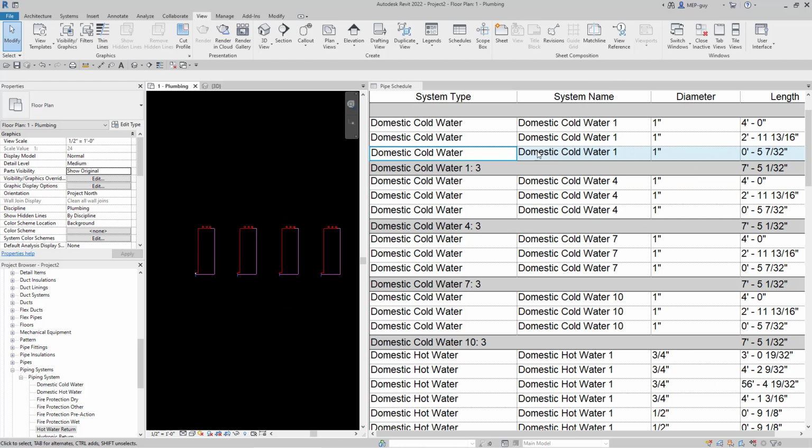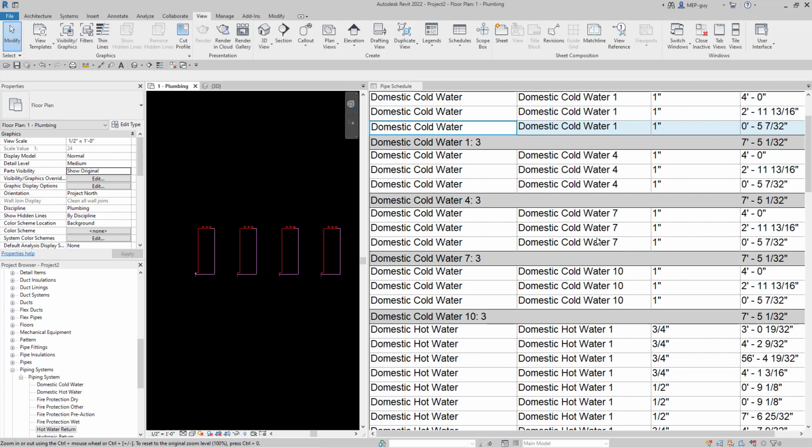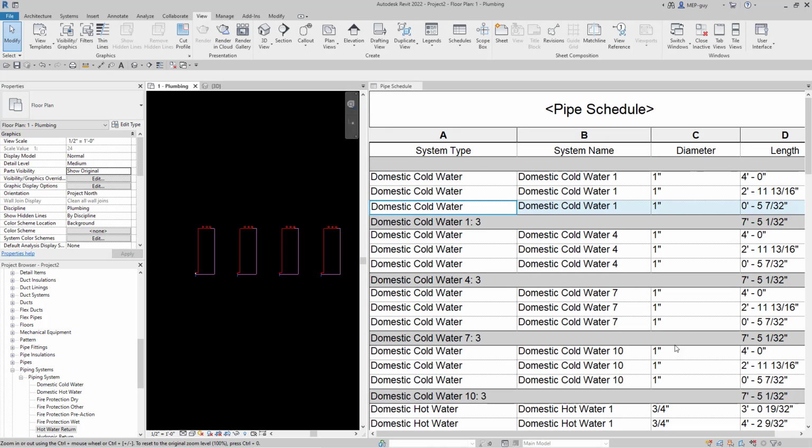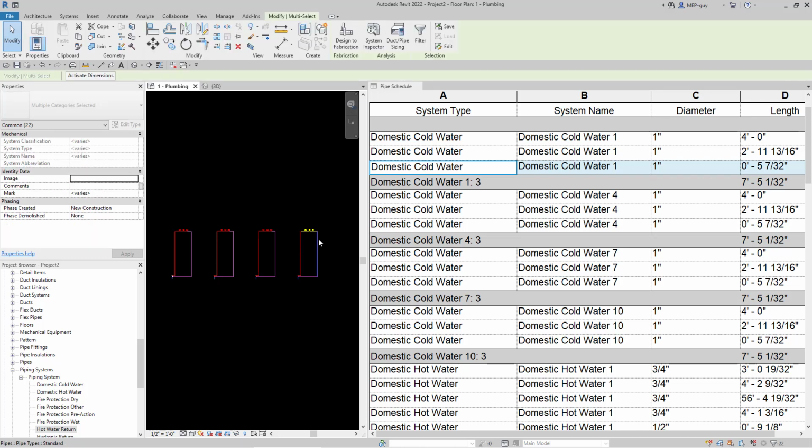So let's start to look at what Revit's doing. It's still using this system name, but now I have another cold water system called Domestic Cold Water 4, and I have one called Domestic Cold Water 7 and Domestic Cold Water 10. So everything is starting to schedule up, and obviously we have the same lengths here, but you know what I can do is if I wanted to find out which one was which, let me just move these